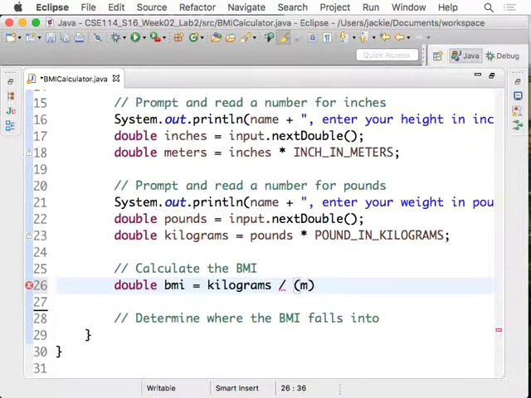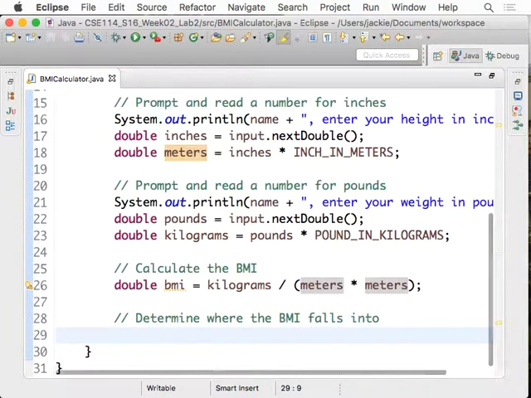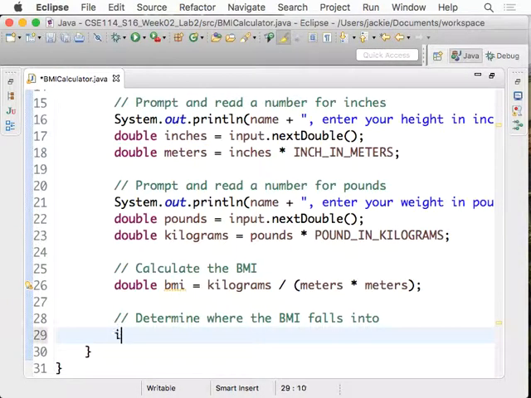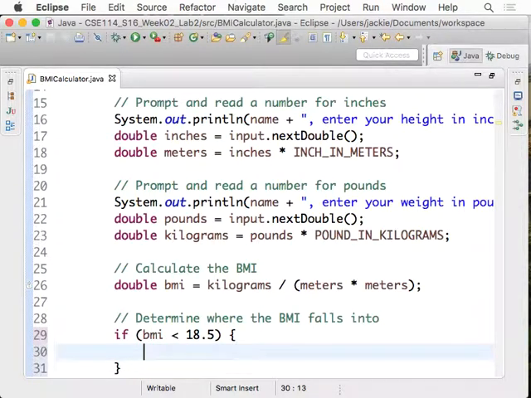Okay, bmi is equal to the kilograms divided by the square, meter square, right? So that would be meters times meters. So now I'm forcing it to calculate the square first before you do the division, okay? Finally, we'd like to determine the category according to the table. So now we'd say if it is the case that bmi is less than 18.5,